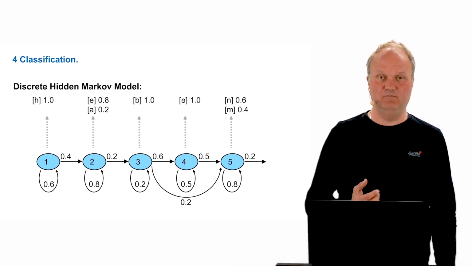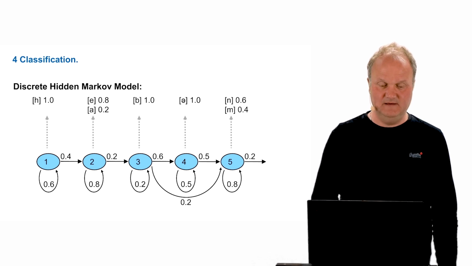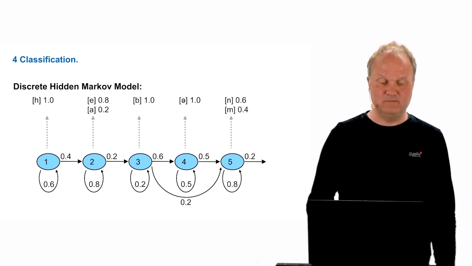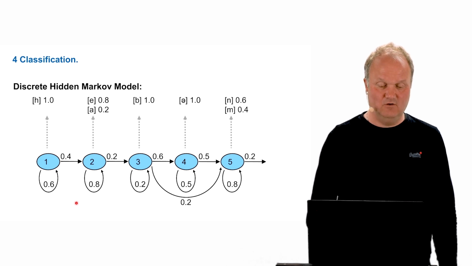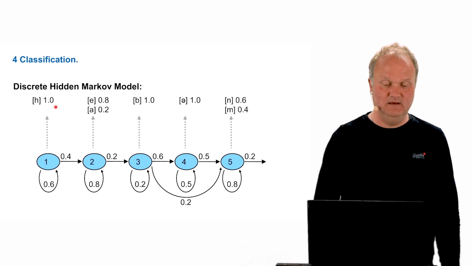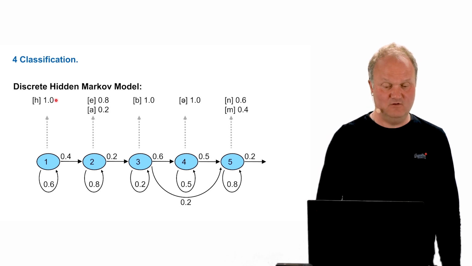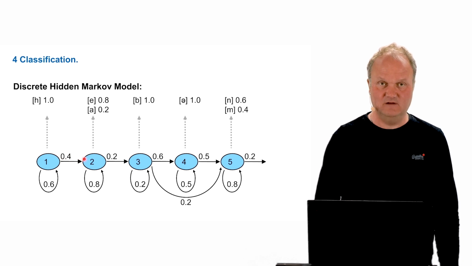Now, such a model can be used to calculate the overall probability that this sequence of states generates a certain sequence of symbols. Let's calculate, for example, the probability that this pre-trained model generates the sequence heben, which corresponds to the German lift. So we can calculate this probability by multiplying the probability that state number 1 emits the symbol h, which is 1.0 or 100%, multiplied with 0.4, which is the probability of transiting to state number 2, multiplied with 0.8,